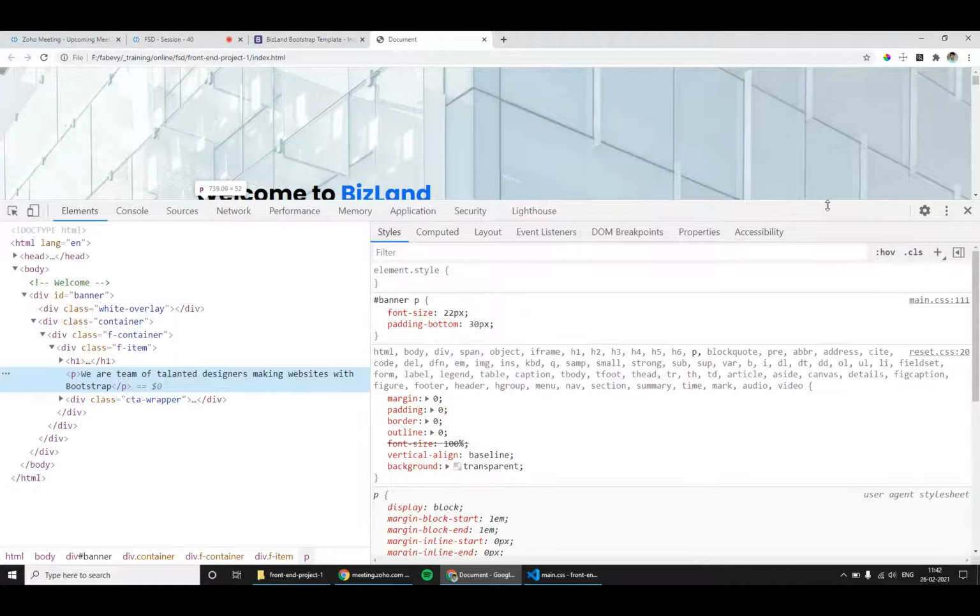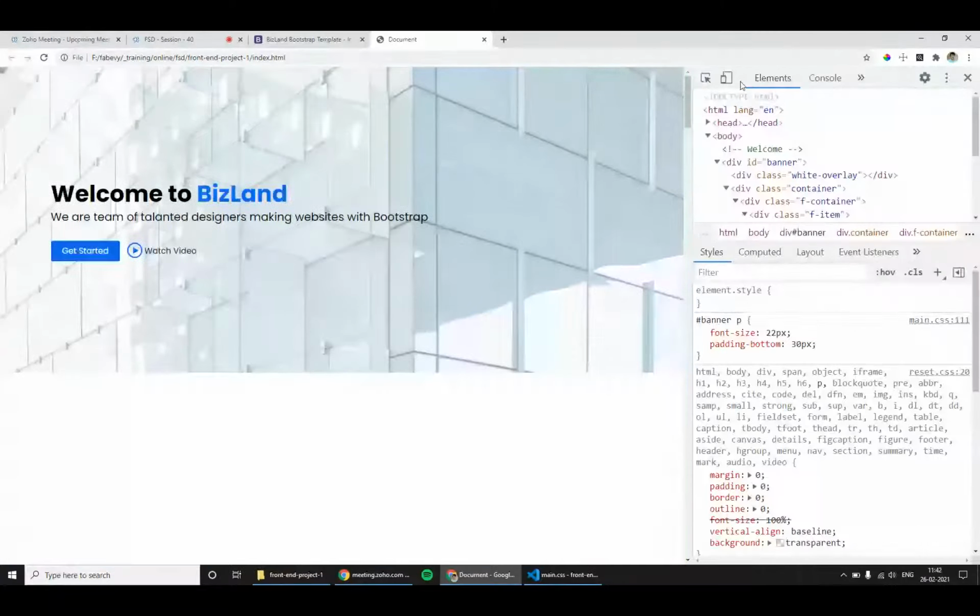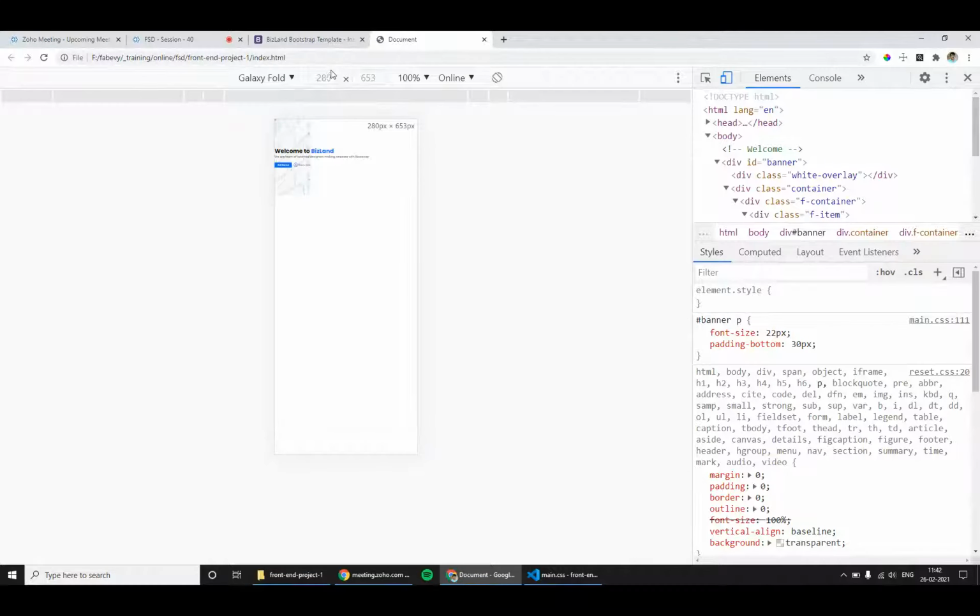Let me open my developer tools, choose this and select responsive. Let us keep 320. This is the standard size, so we have to make sure our web page looks good in 320 pixel. Okay, our web page should look good from 320 pixel, but now it is not looking good.